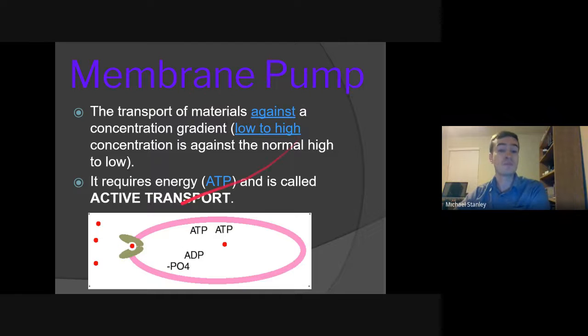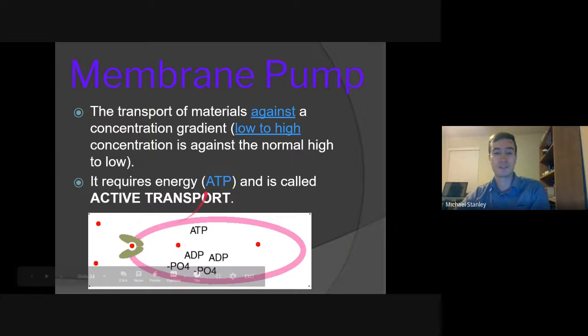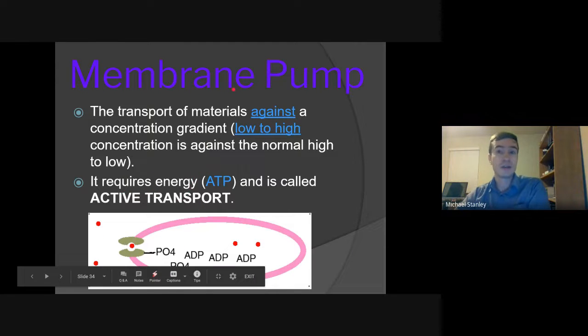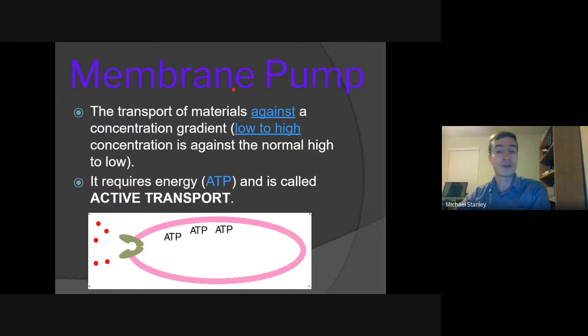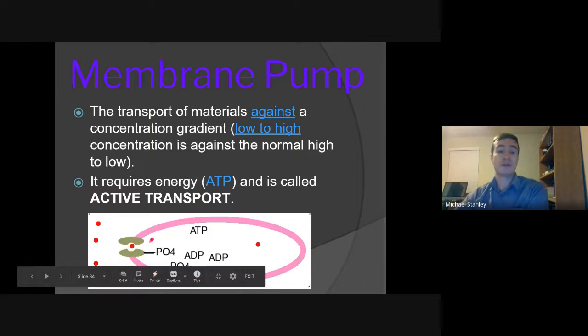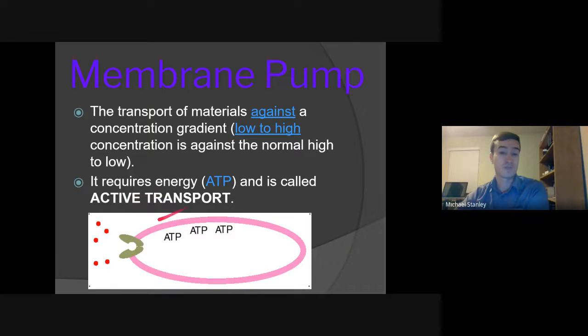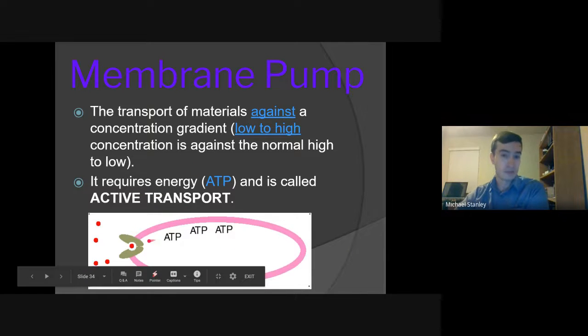So a membrane pump is part of the active transport system. It's one of the types of cell membrane proteins to help out. The basic way that it works is when we want to pump a particle into the cell, when we want to actively transport something into the cell, the particle that we're pumping comes in to the pump, then an